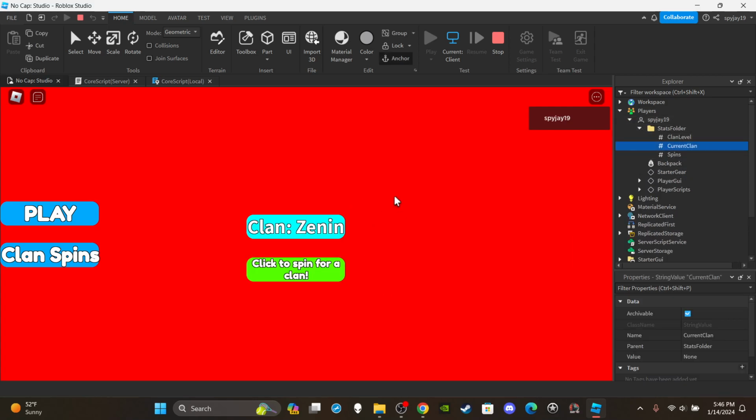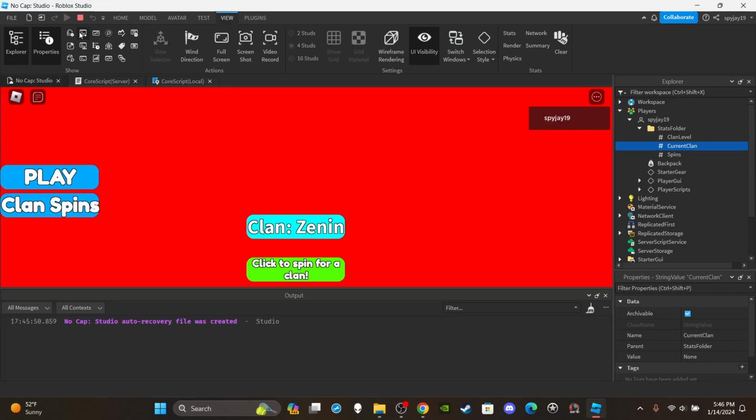So if I click to spin, boom, you guys hear the sound. And then obviously it's not moving because there's only, what's it called, there's only 4 options, and then Zenning is the most common. Okay, so as you guys can see, there must be an error of some sorts because